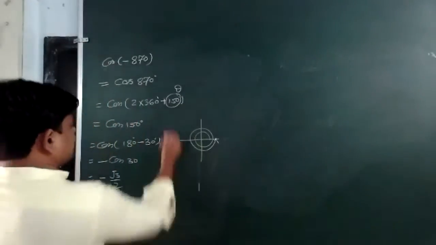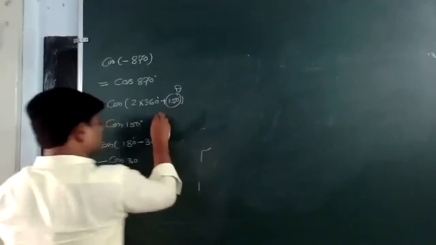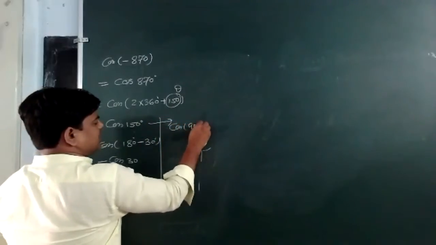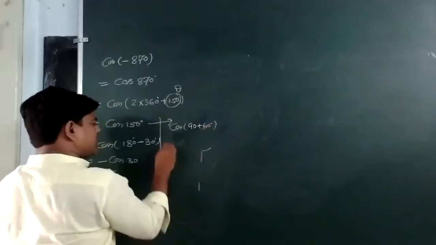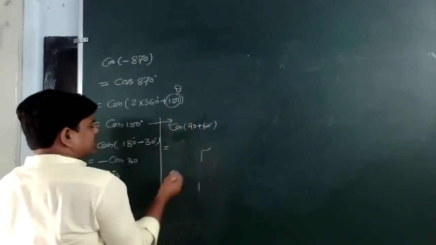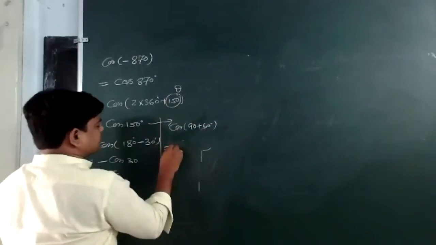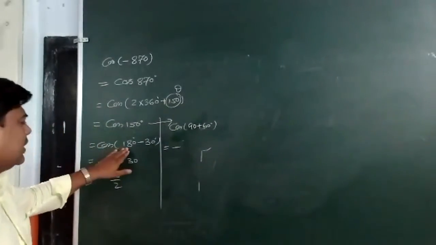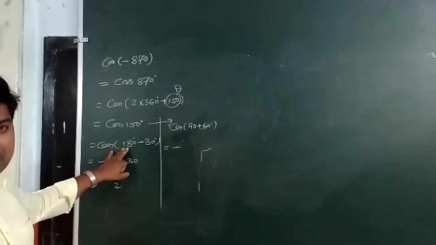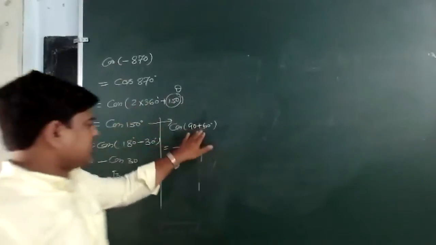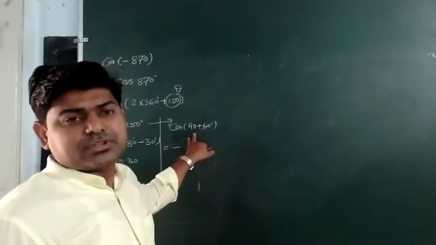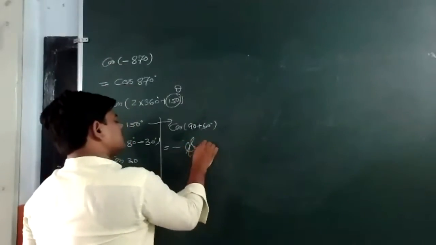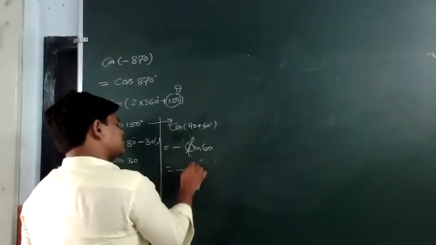In both cases, the result is the same. Let me write again. This one can be written as cos(90 + 60) also. Now again, 90 plus θ will be in the second quadrant. In the second quadrant, cos is negative. Here I was having 180, and I said that with 180 it will not change. But now with 90, cos will change into sine. So I have now sin 60, and the value of sin 60 is